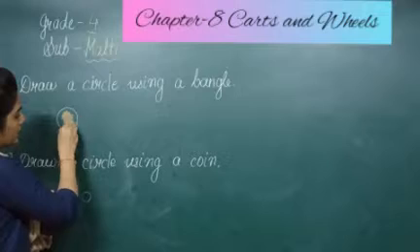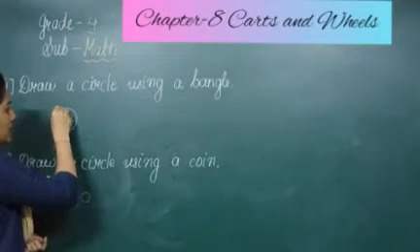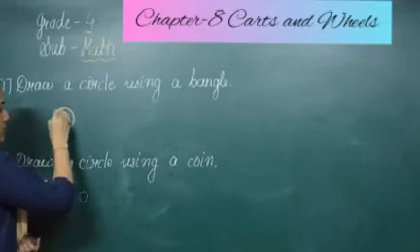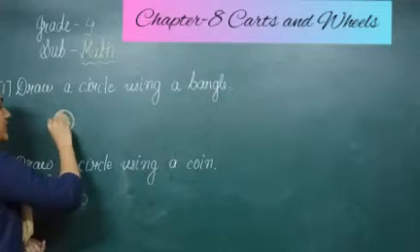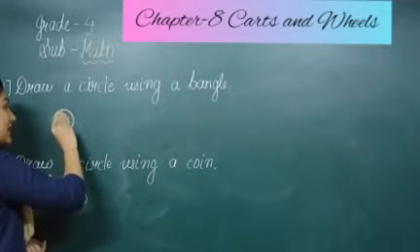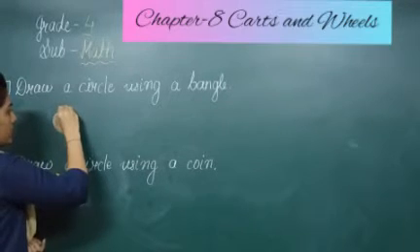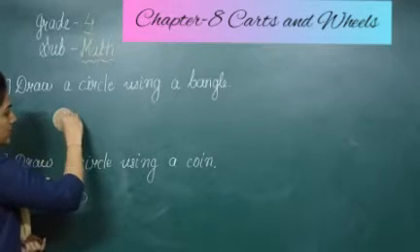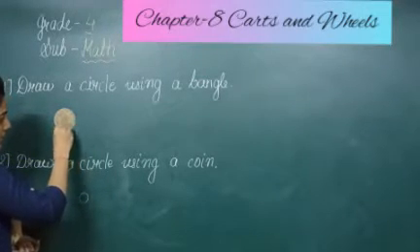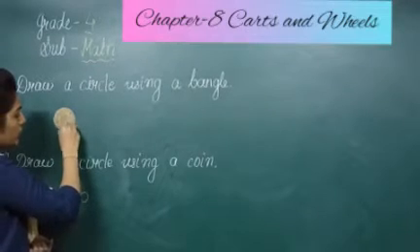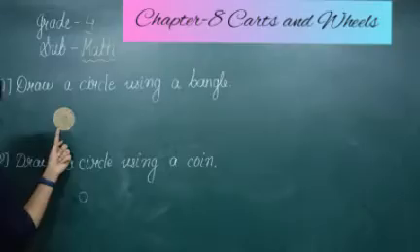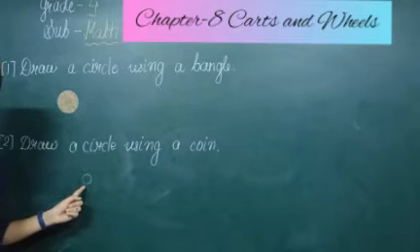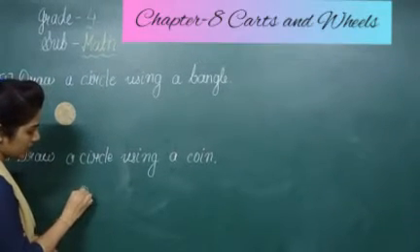See, it is a little bit very interesting because in this chapter you have to draw the circle as well as color into it. So you have to remember that with different objects we can draw circles of different sizes and we can color them. I am coloring it because in your workbook the last sentence given is to color the biggest circle red. Means in the biggest circle you have to color it with red. And in the second number, which circle we have drawn with the help of the coin, which is the small circle, right? So I am coloring it with green color.